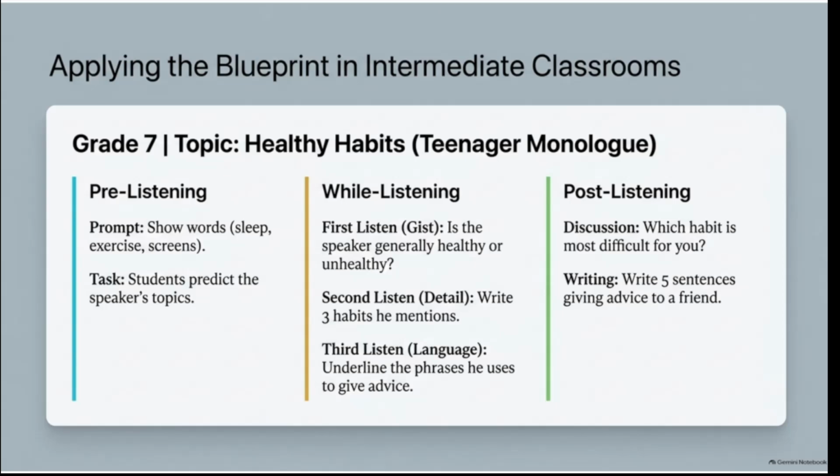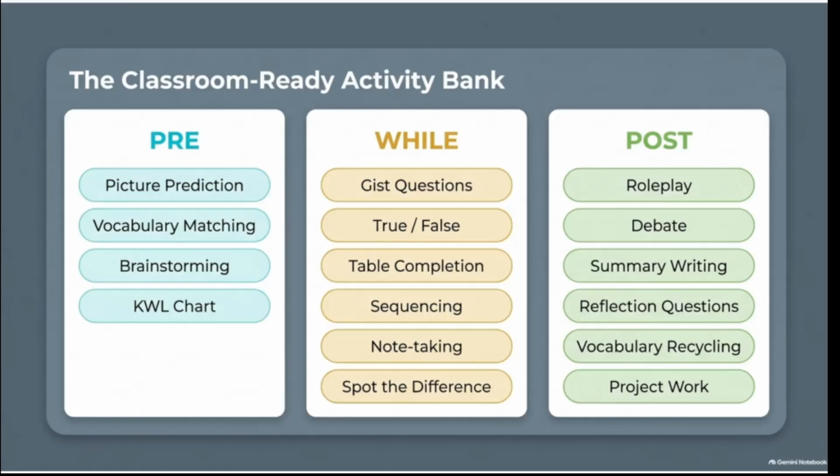This demonstrates how one listening text can support several learning objectives without overwhelming students. The Classroom-Ready Activity Bank. We will provide a useful bank of activities that teachers can draw from when planning listening lessons. For pre-listening, we can use picture prediction, vocabulary matching, brainstorming, and a KWL chart. For example, before listening to a text about animals, students could look at pictures and predict which animals they will hear. For while listening, we can use gist questions, true or false, table completion, sequencing, note-taking, and spot the difference